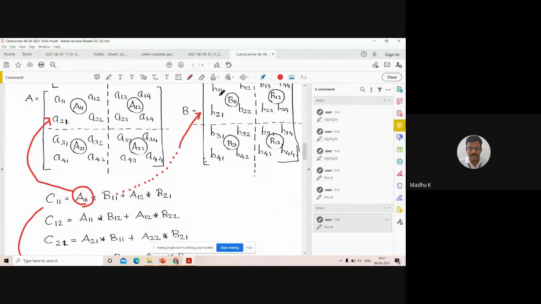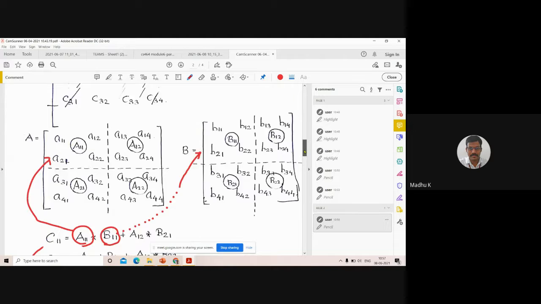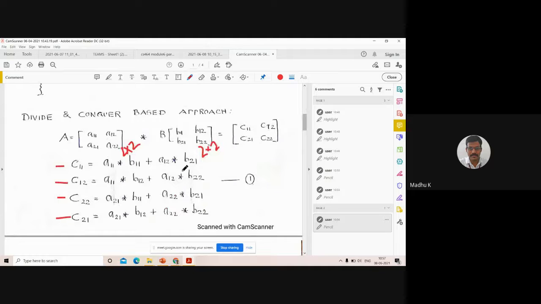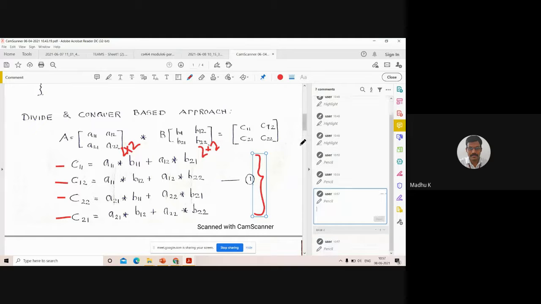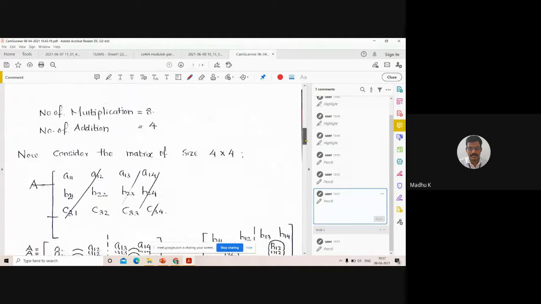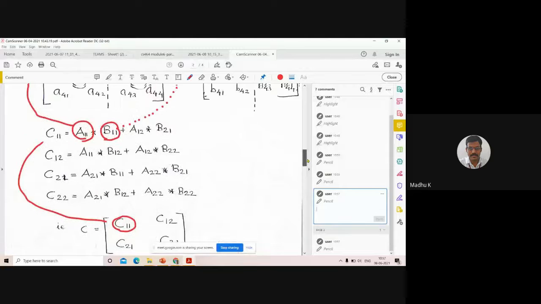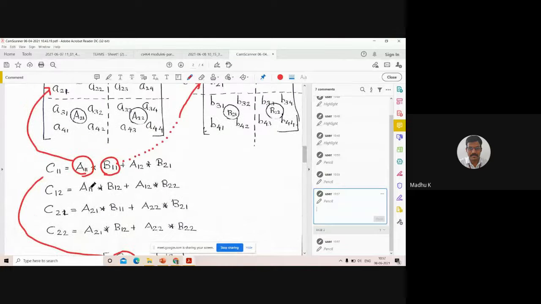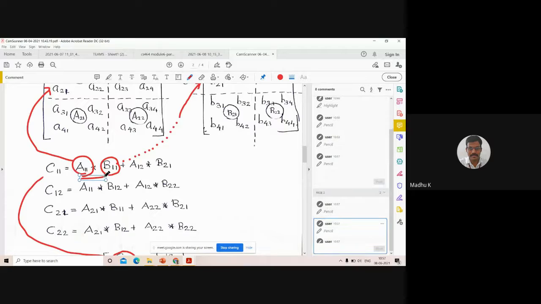Okay, so here we want to multiply these two matrices, A11 and B11, using which approach? Using this concept. Using this concept, we want to multiply those matrices and solve it. Then we will get one value, plus